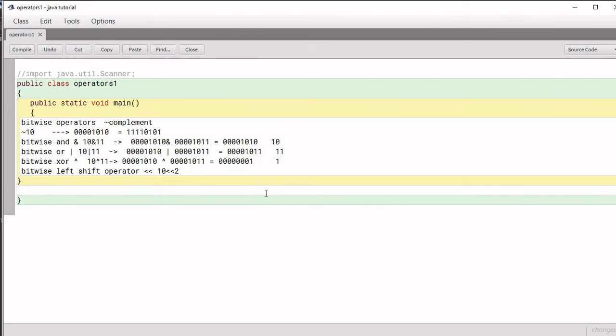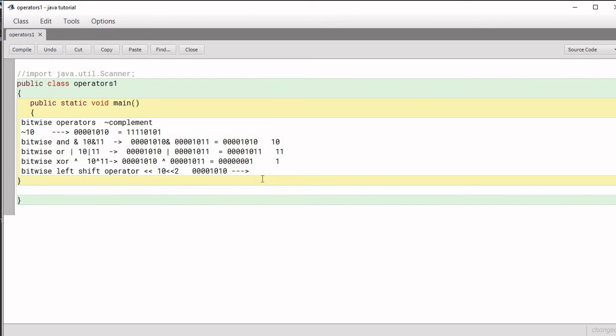Suppose this is your value, 1 0 1 0. Now you have to shift it 2 positions, or 2 times, towards the left. It shifts from here to here, and then again from here to here. The whole number is shifted, and the remaining empty positions are filled with zeros.